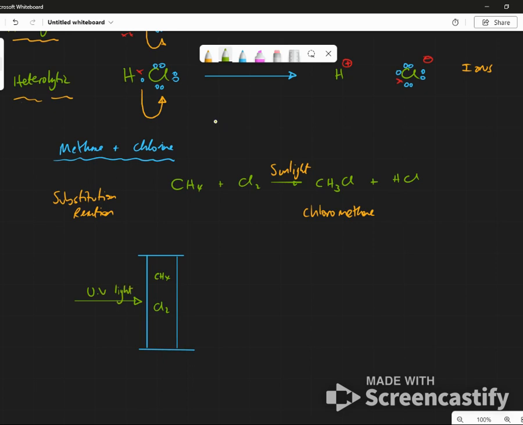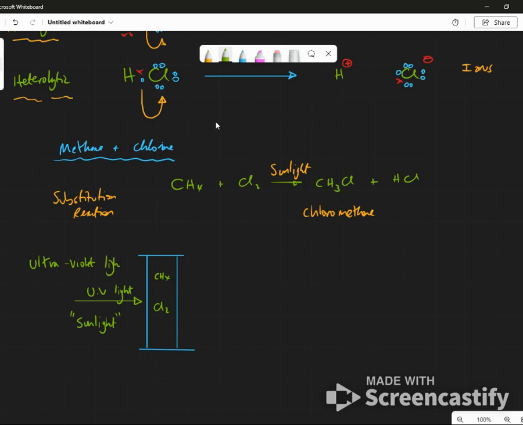Now in Form 5, we used to call that sunlight, and sunlight has ultraviolet light in it. But in Form 6, we tend to use the term ultraviolet light. If you don't do physics, let me spell it for you. Ultraviolet